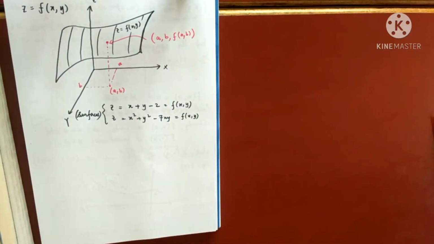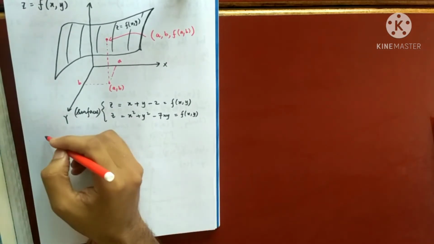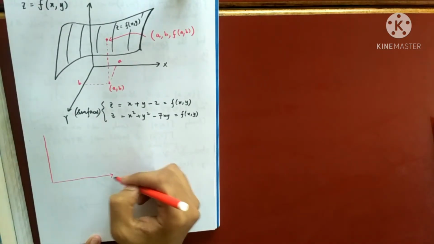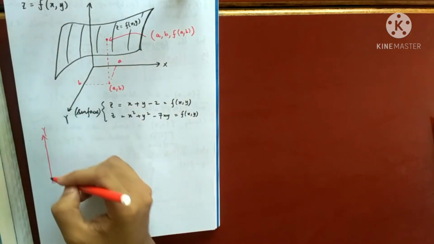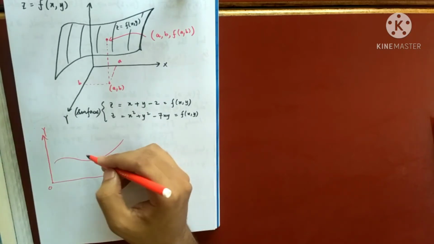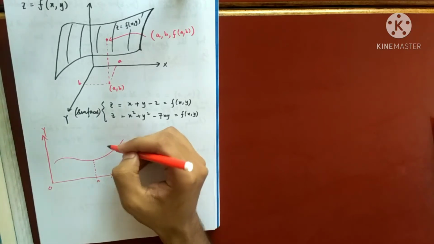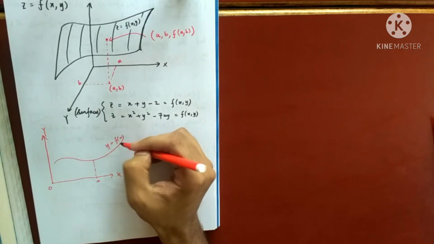Suppose I have some real valued function over R, and that function is differentiable at some point belonging to R. So what was the geometric interpretation of this? When a function of a single real variable is differentiable at this point, and suppose I'm denoting this function by y equals f(x),